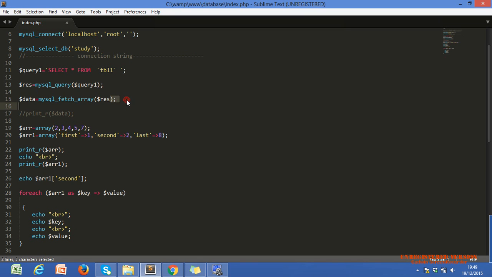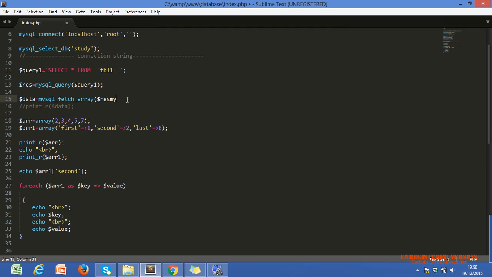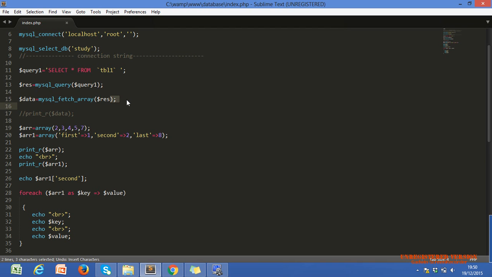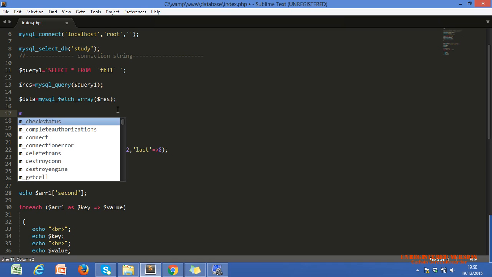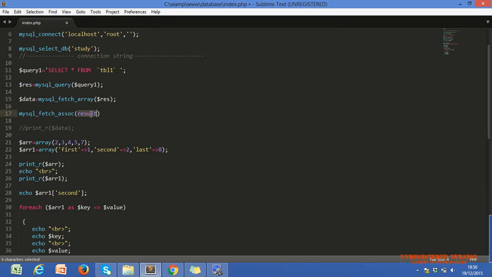using this, one second. One other function, mysql_fetch_assoc, this one. You have to pass this record into it.